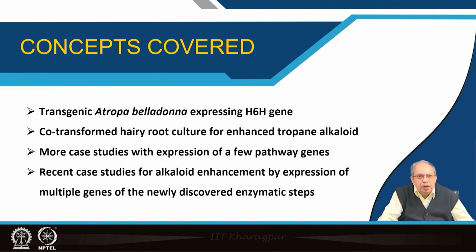To start with, we will talk about transgenic Atropa belladonna expressing the H6H gene, because what I said in the last class is that H6H is the rate limiting step, and we will see what happens when the H6H gene is expressed in Atropa belladonna. Then we will also talk about co-transformed hairy root culture for enhanced tropane alkaloid production. We will discuss a few more case studies of the pathway genes,